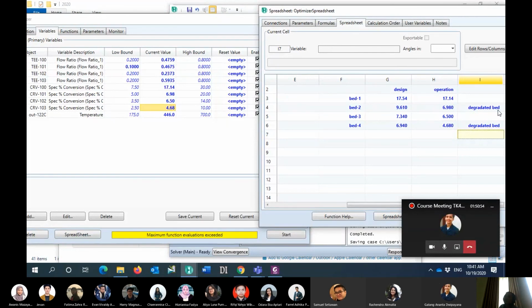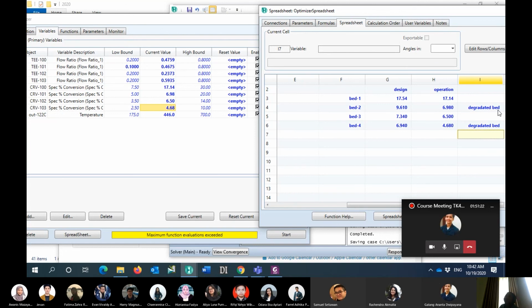Because of the age, because the operation is already long, probably now is the time to change the catalyst. And the second, it could be overheating. We don't know about that one. Overheating can also create agglomeration of the active site.